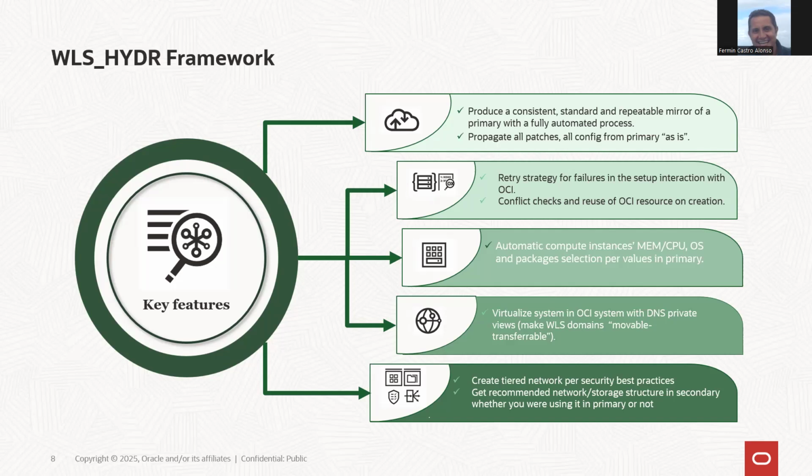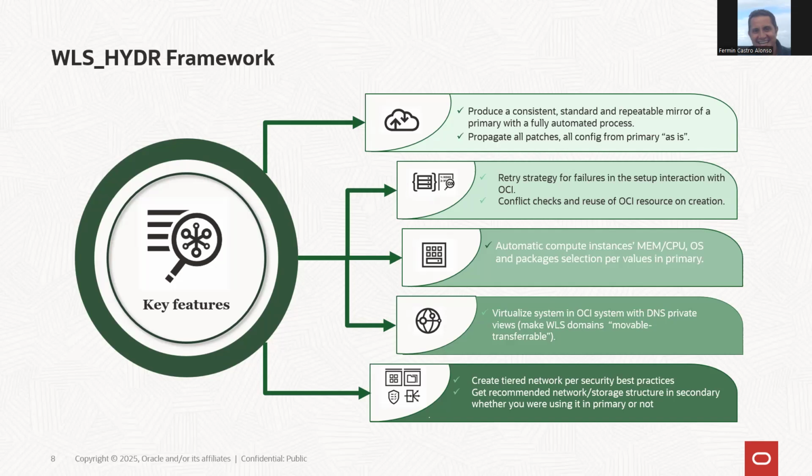You don't need to manipulate it. You don't need to replace listen addresses and stuff like that, because we're using DNS private views that the framework will create for you, so that the hostname listen addresses that you use in your production system will be valid in secondary. What this gives you is the automatic validity of all your scripts and all your operations in primary,